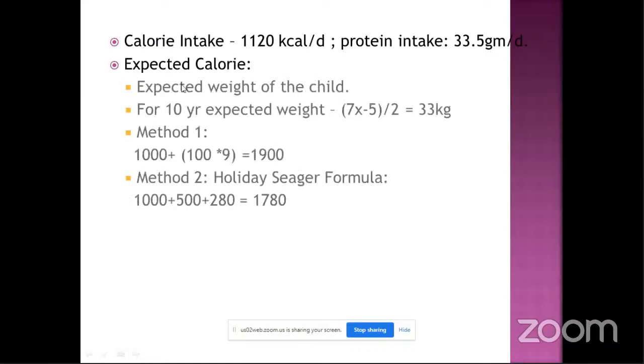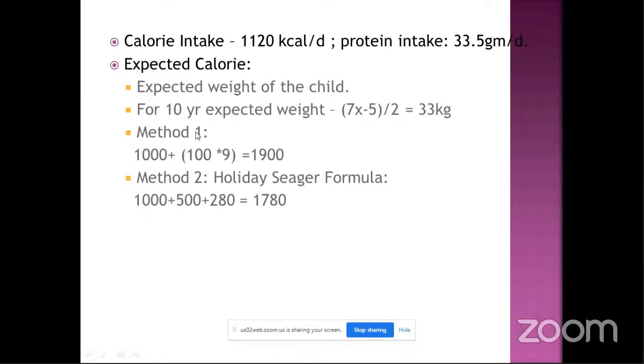So for the expected calorie, we need to know the expected weight of the child. For a 10-year-old child, the expected weight will be given by this formula. That is for 7 to 12 years, we will be having this formula, that is 7x minus 5, where x is the age in years. So 7x minus 5 divided by 2. So when I'm substituting this, I'm getting the weight as 33 kg, whereas the child's weight is 22 kg